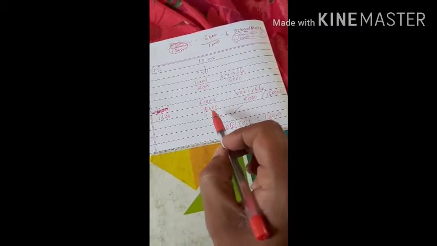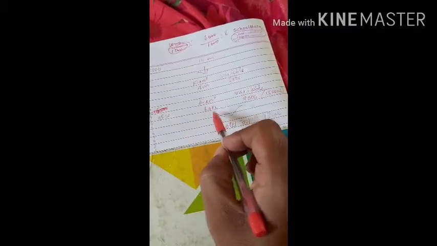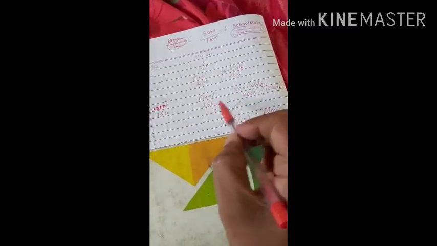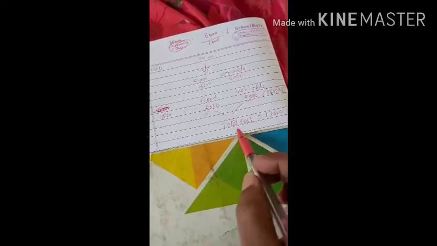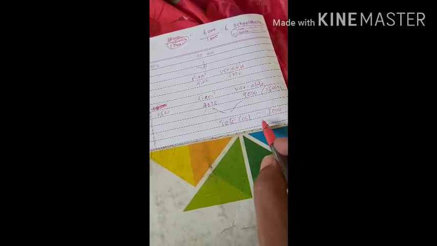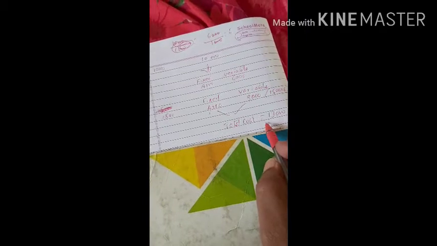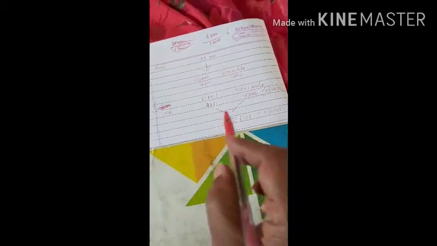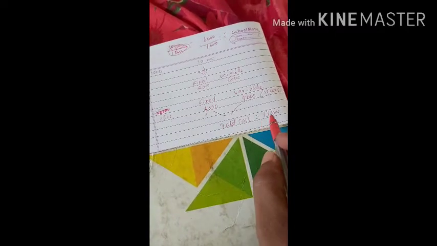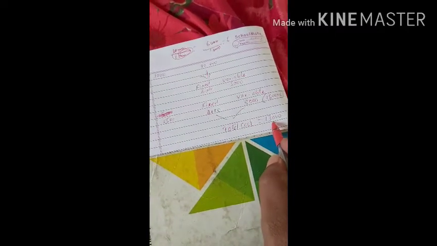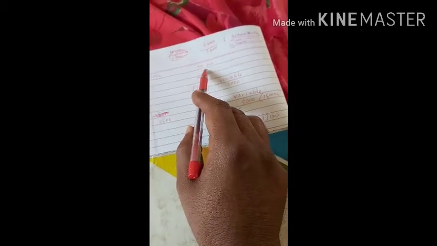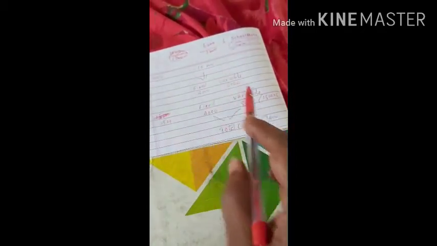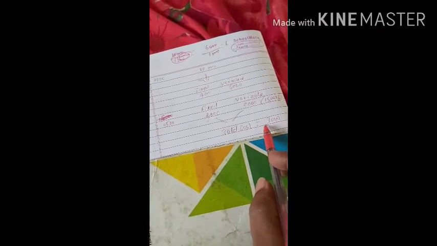Right now our fixed cost is rupees 4,000. Our total cost, 4,000 plus 9,000, is equal to 13,000. Our total cost is rupees 13,000. For manufacturing 1500 units, how much do we need to spend? We need to spend 13,000 rupees. So previously what was our cost? Our cost was rupees 10,000. Right now our cost is rupees 13,000.